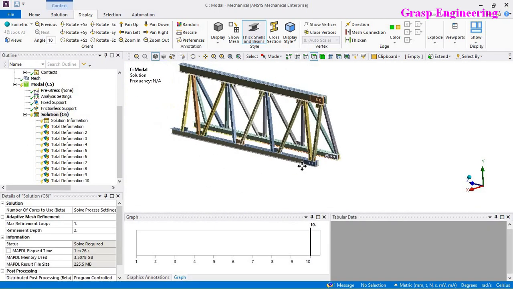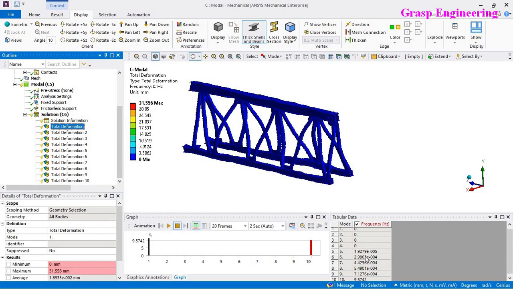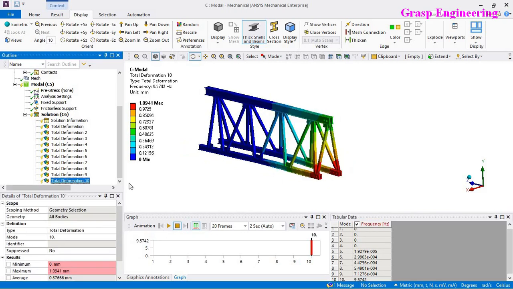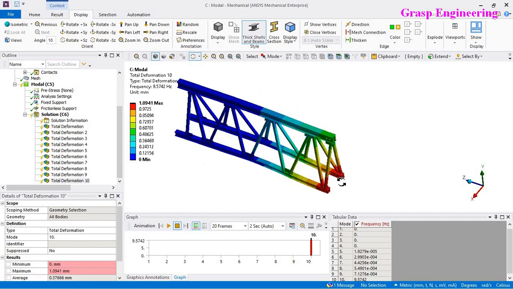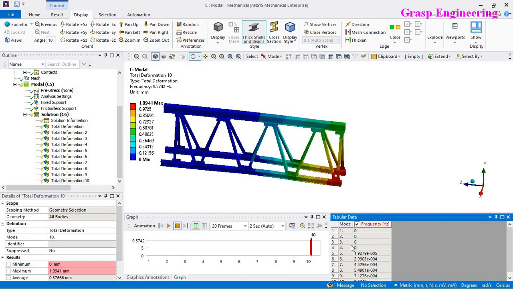So likewise you need to cross check the contacts. Accordingly you can cross check whether you are getting the first frequencies, some figure like here we have 9. Now if you see the 10th frequency, which is the actual global mode, you should get this frequency first, then you can move accordingly.